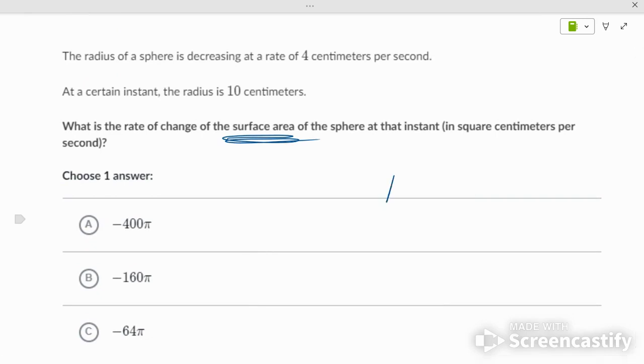Okay. A sphere, and we're talking about surface area, not volume. So the surface area, the area of a sphere, is 4 pi r squared, right? So dA/dt is equal to 8 pi